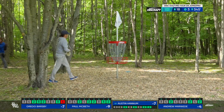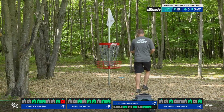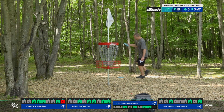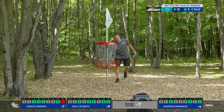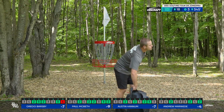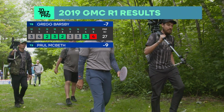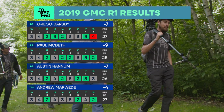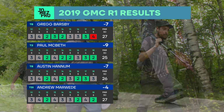Gregg with the bogey slides back to 7 under. It's still a very solid, respectable round. Of course. And same for Austin as well with his par. And he's just 2 putts that slid out away from tying McBeth at that 9 under, which is a great starting round out here. I mean, it's a little bit under McBeth's rating at 1056. He's a 1059 guy now, so...